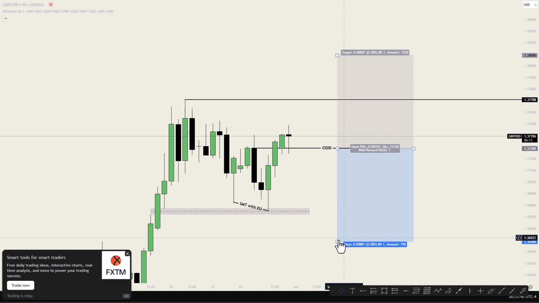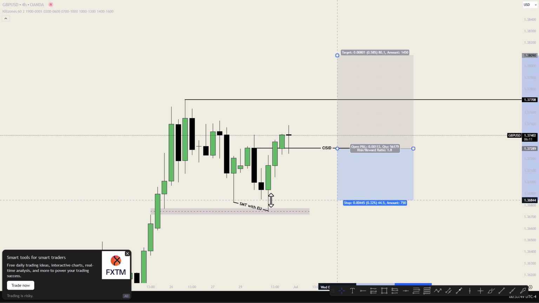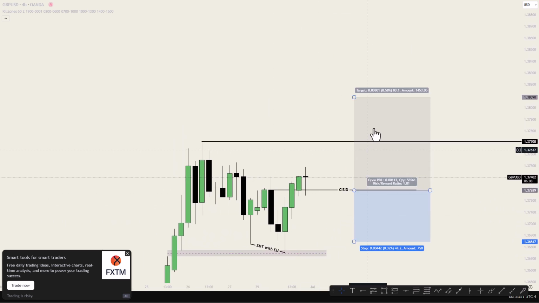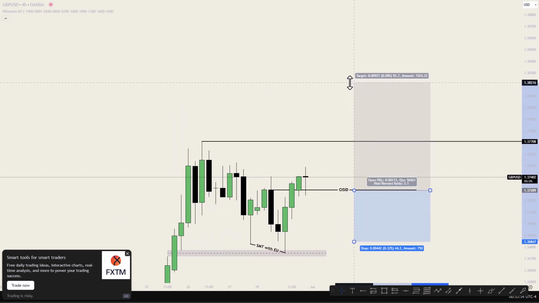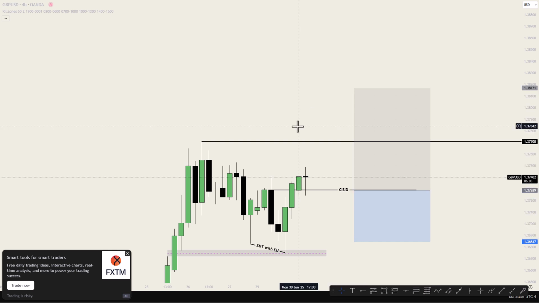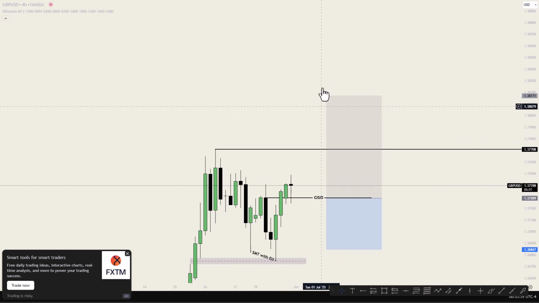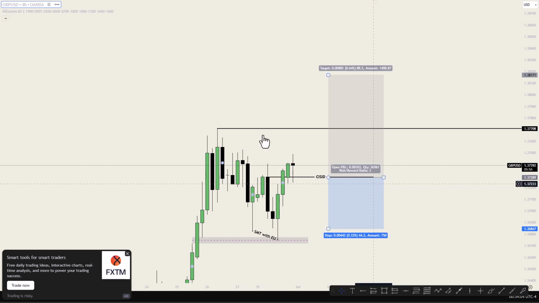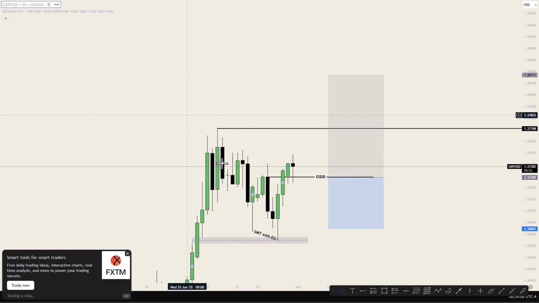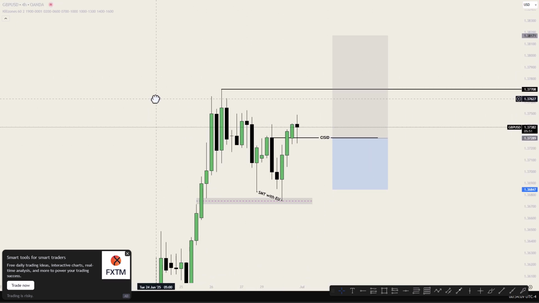Stop loss should be below the order block. That is the change in the state of delivery, and we should target 1:2. So what are we expecting? We're expecting to see price taking this, but our first partial will be taken above this. So we are bullish on GU, and this is an A+ setup being given here. So what do we see here? How do we determine our SMT with EU?